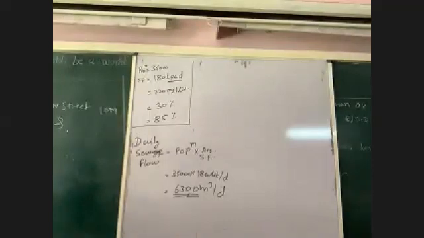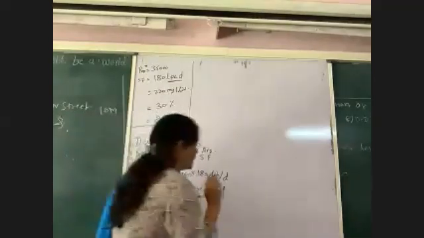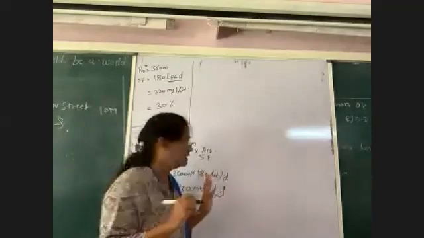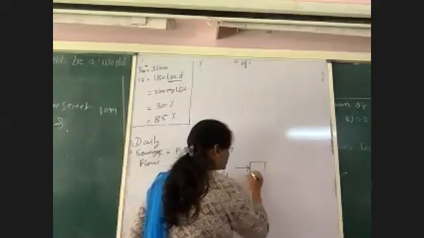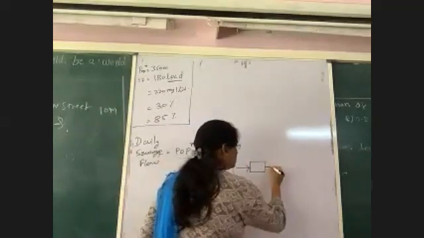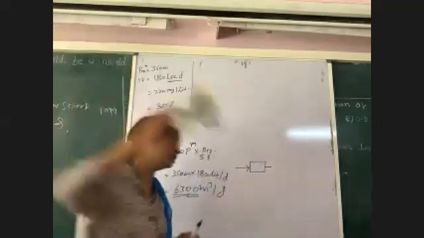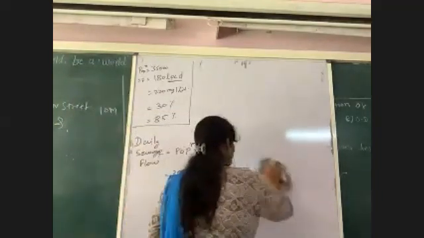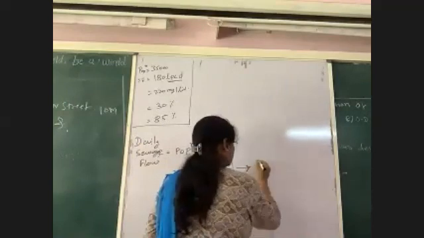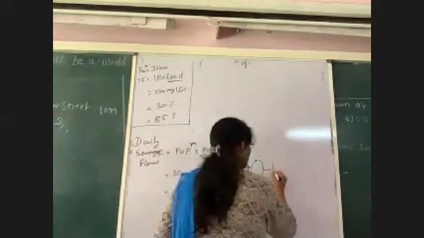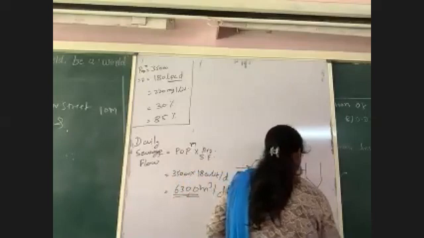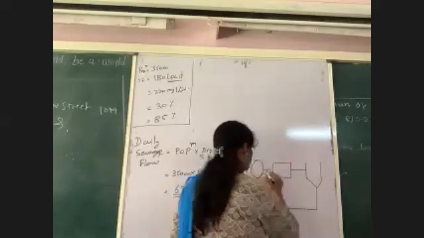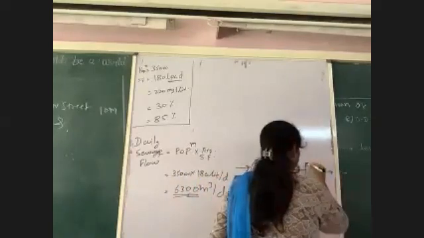What we have to find out? BOD coming to the aeration tank. So I need to draw one figure. This is the sewage flow coming to the primary clarifier. Usually we show it in a circular form. Then it will go to the aeration tank, and then to the secondary clarifier, and from the secondary clarifier sludge will be returned to the aeration tank and sewage will go out.